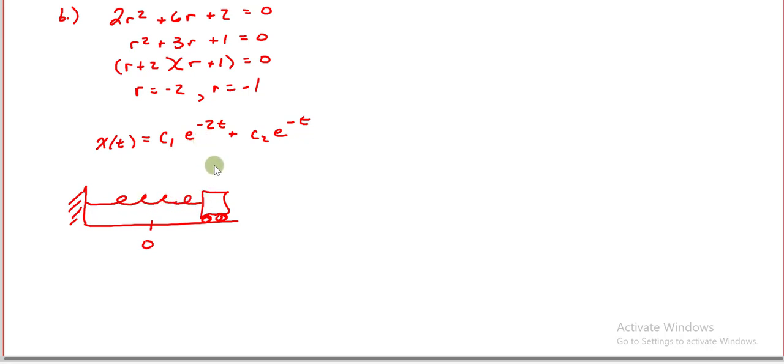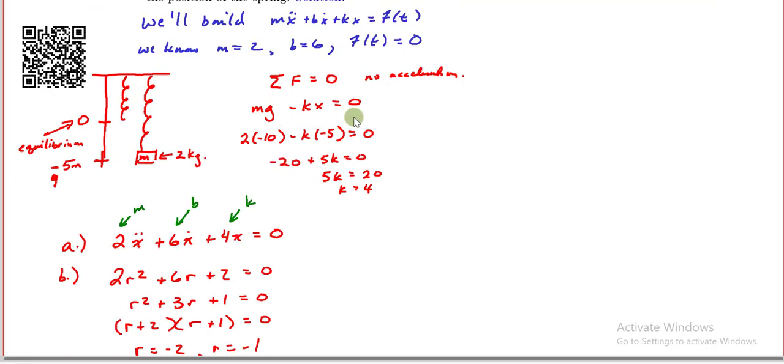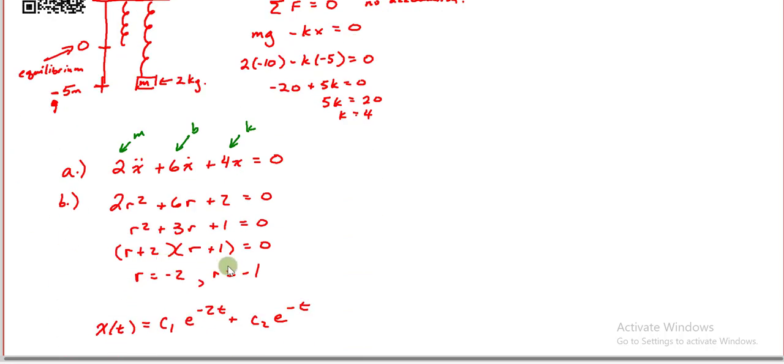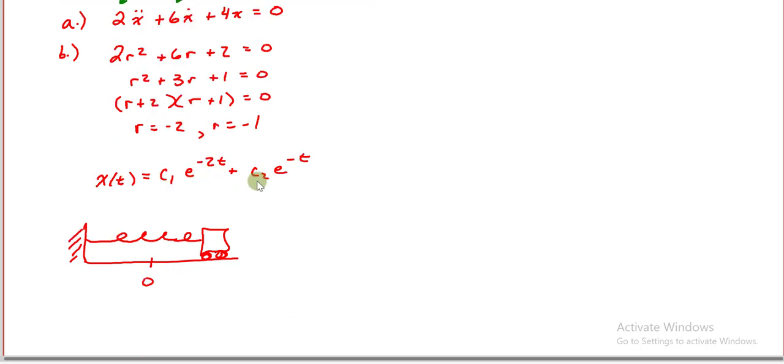But in this case, folks, because our drag coefficient was so high, in this case it was 6 times the amount, notice that when I went through to solve this, I got real roots to the characteristic equation. And so we just have these 2 exponential terms in our general solution. Who's missing from this that you might have expected? We're missing a sine expression or a cosine expression, meaning there's going to be no oscillation about this point, and instead this